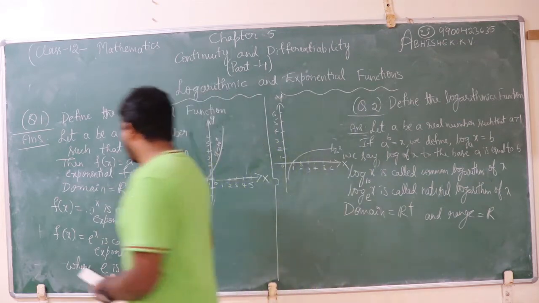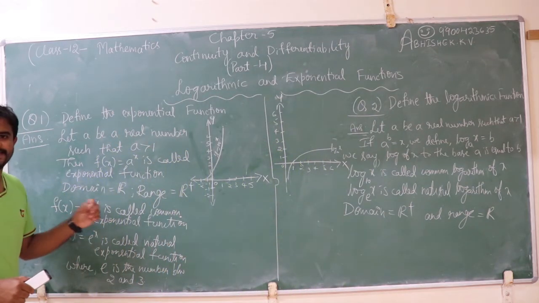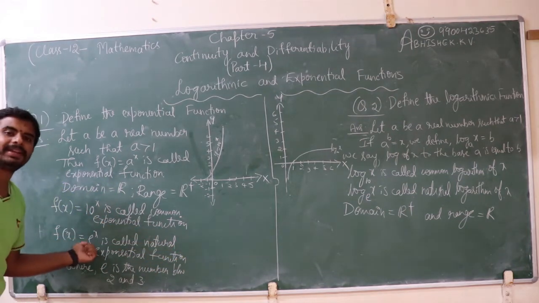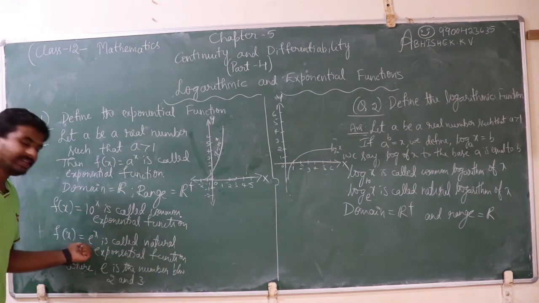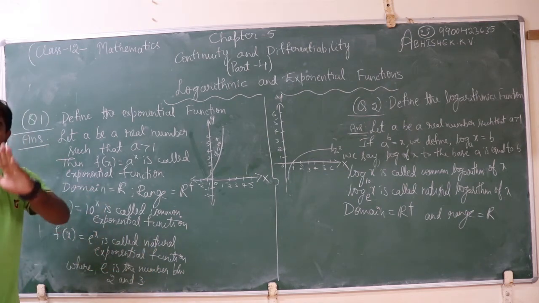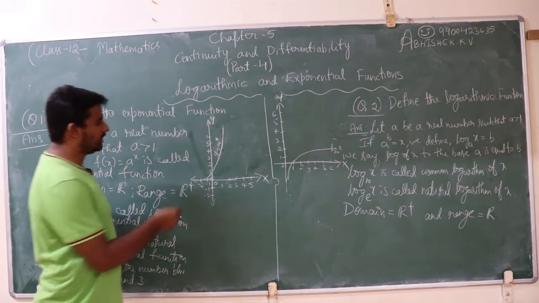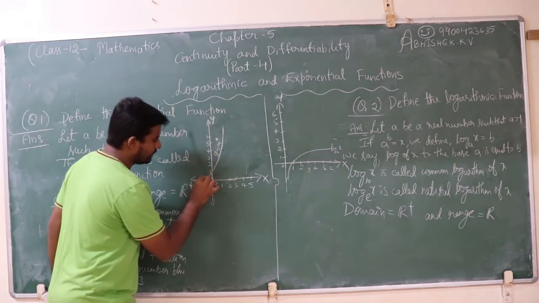And here the function of the form 10 to the power of x is called common exponential function, and the function of the form e to the power of x is called the natural exponential function. Here e is a number between 2 and 3, and the graph of the exponential function is given by,